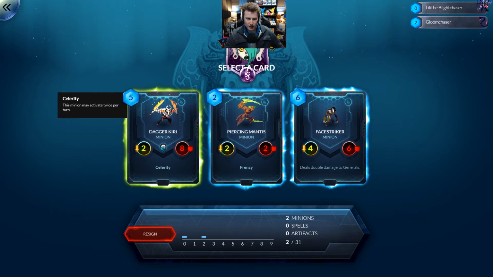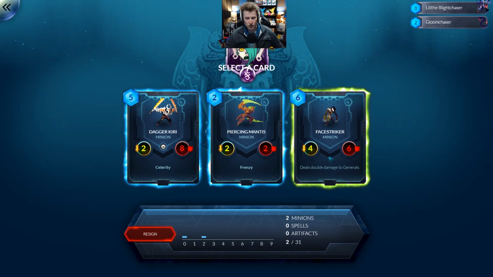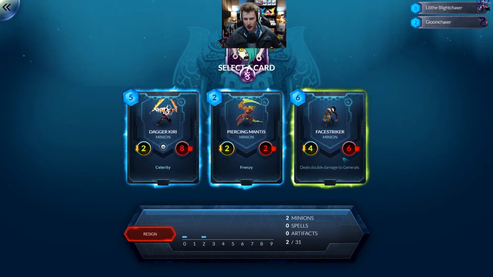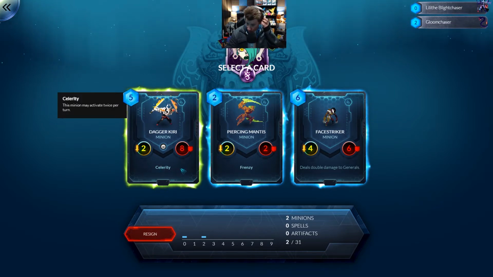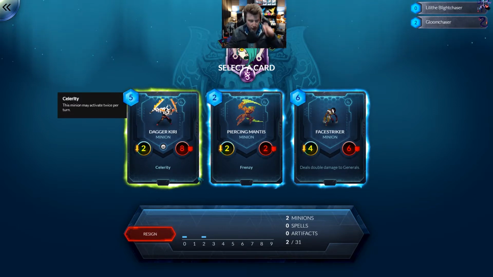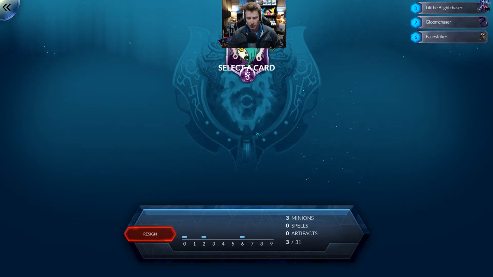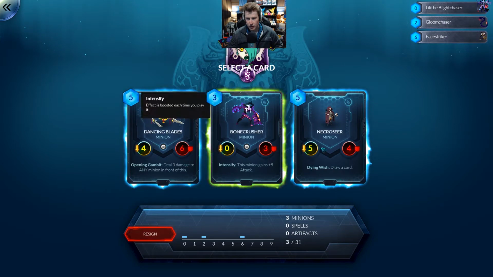Dagger Kiri, it's got a beefy body, but it's not great. Face Striker is also not great. None of these cards are great. Piercing Mantis, not great. Dagger Kiri is probably one of the worst cards that I could think of, especially for Abyssian, where we're not guaranteed any form of buff. So I'm gonna go with Face Striker. It's not ideal. I think they're all pretty bad, but...